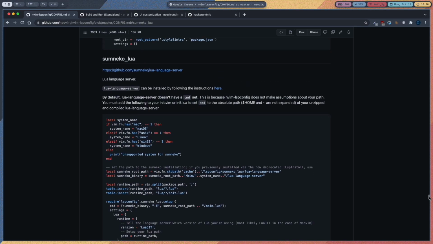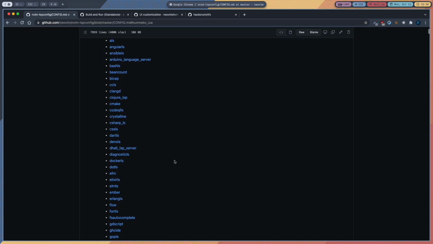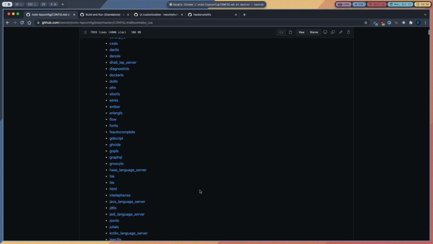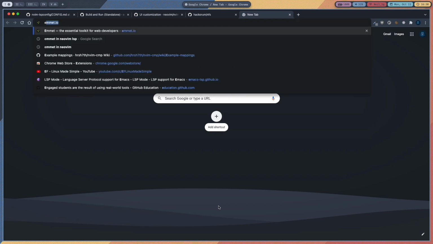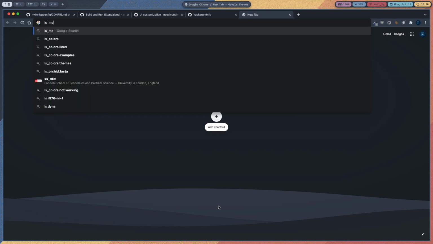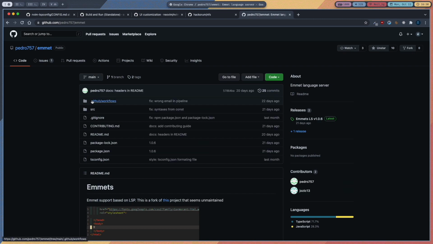Let's see if we want to add something else. Let's do emmet ls. It is not there by default, so we have to add that separately. Search for ls_emmet. Okay, use this one. The original one seems unmaintained, so I am not using that one, and it also has some problems.